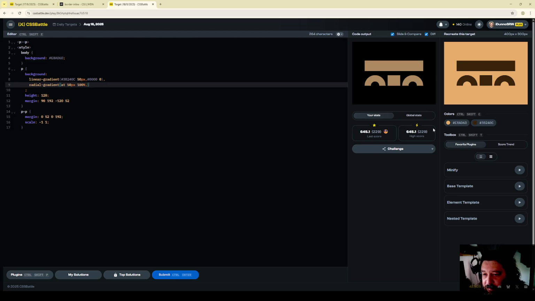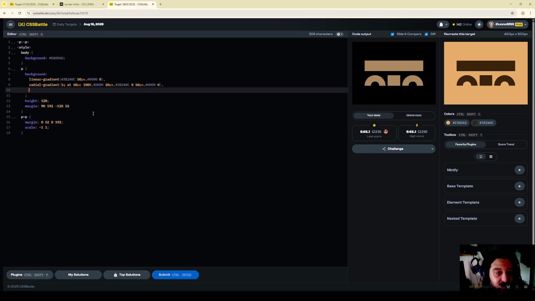That is transparent for 20 pixels, brown 50 pixels, and then transparent, and it still needs one cube. Whoop. That'll get us those two, and then all we need is that last bit, which we will do with one conic gradient